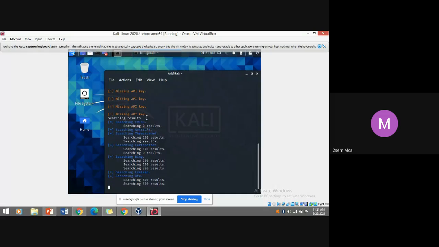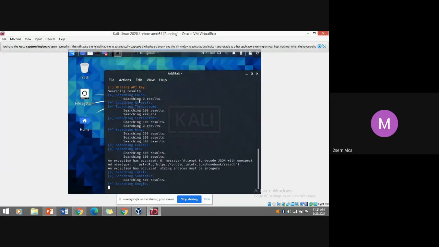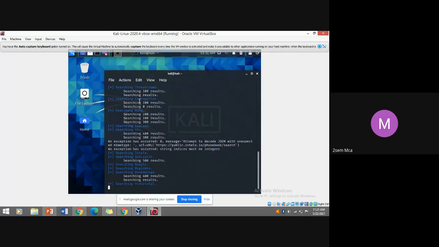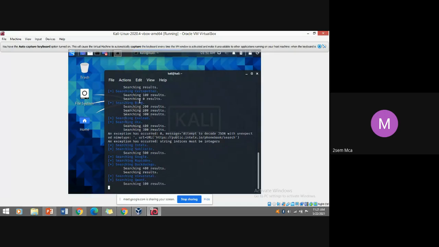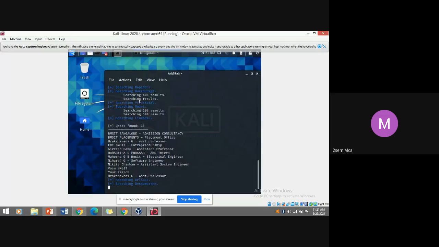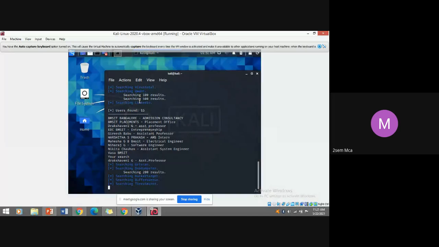So missing API keys is another vulnerability. See here, users found 15 different kinds of information.